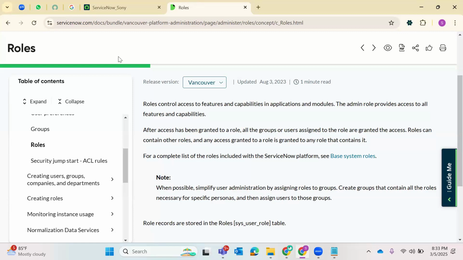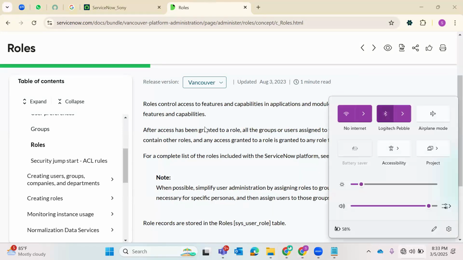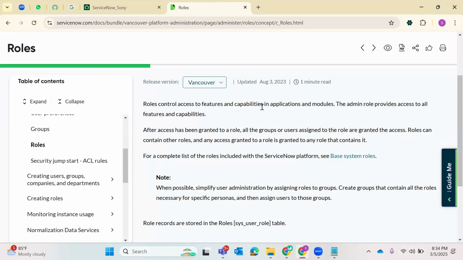Hello, I'm audible. Yeah, Shreya, we are back. Same issue happened. Yeah, sorry guys. So roles control access to features and capabilities in applications and modules. Admin role provides access to all